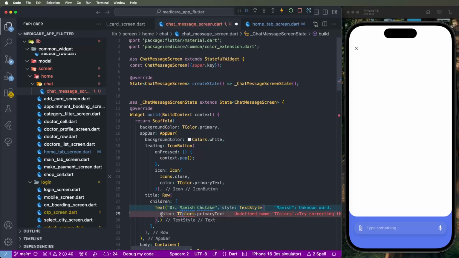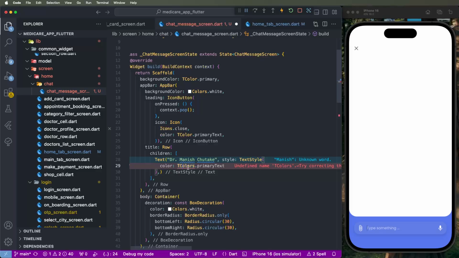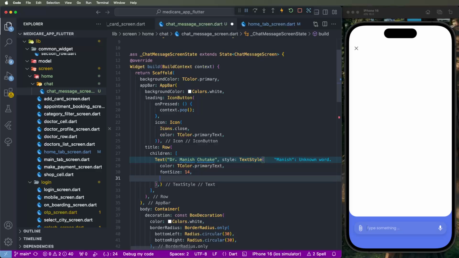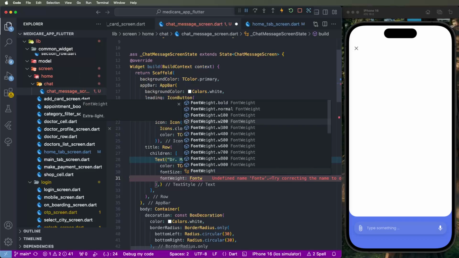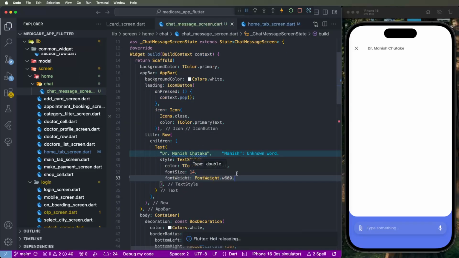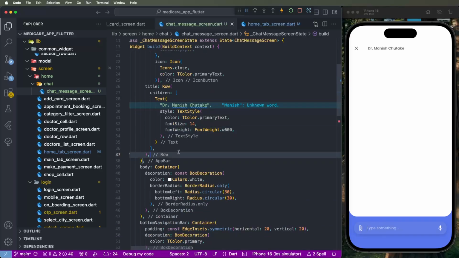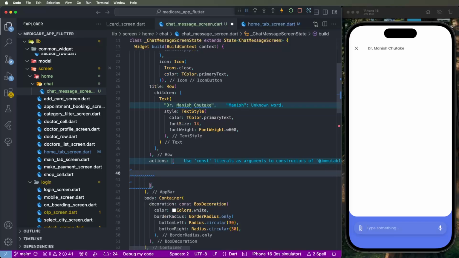and also input this here. Set here the font size 14 and semi bolds we need to configure here, font weight 600. Need to save here and look like this here the showing here. Now actions, we need to set here the call buttons. We need to put here icon buttons,